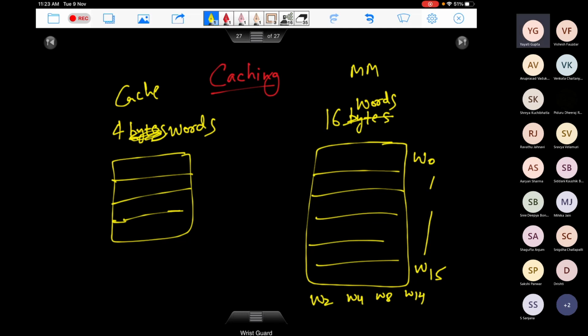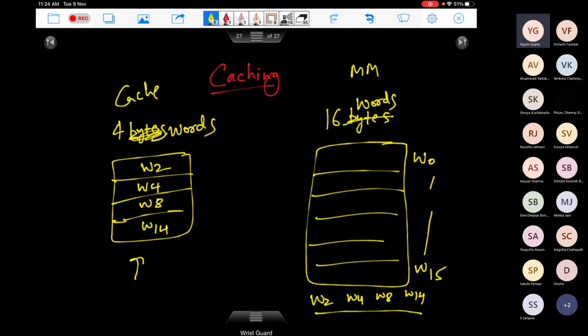Even if you don't know about it, take a guess. How would you do it if you had to do it? I have given you this cache memory which can hold 4 words from your main memory. These are the 4 words which are being used again and again. So how will you store them in the cache? We can copy them directly. So let's say you keep word 2 here, word 4 here, word 8 here, word 14 here, right? So I have all these words sitting in the cache now.